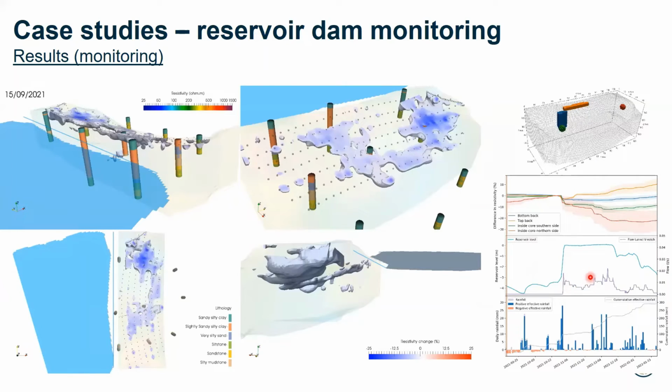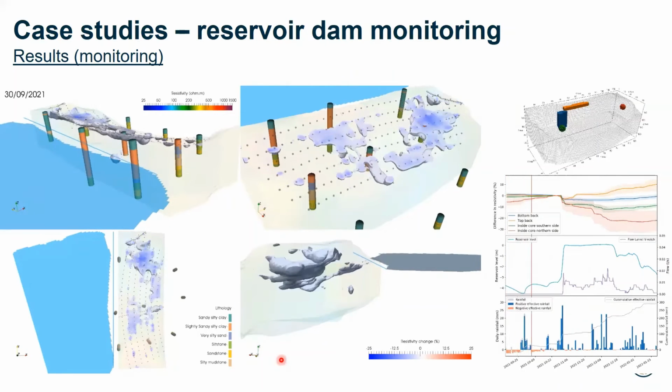And so the whole purpose of this visualization is to try and discriminate between the areas which are mostly affected by rainwater infiltration and areas which are mostly affected by seepage from the reservoir